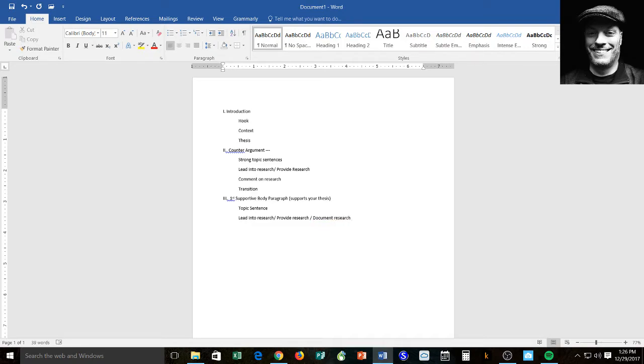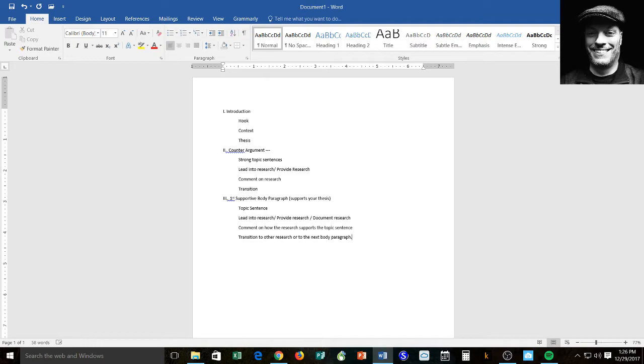That's in all body paragraphs, including the counter argument. That's that in-text documentation. Comment on how the research supports the topic sentence. And then again, transition to other research or transition to the next body